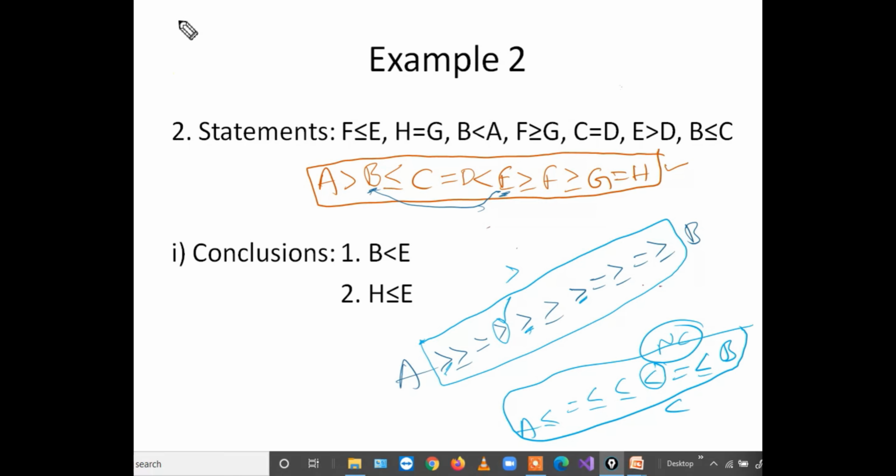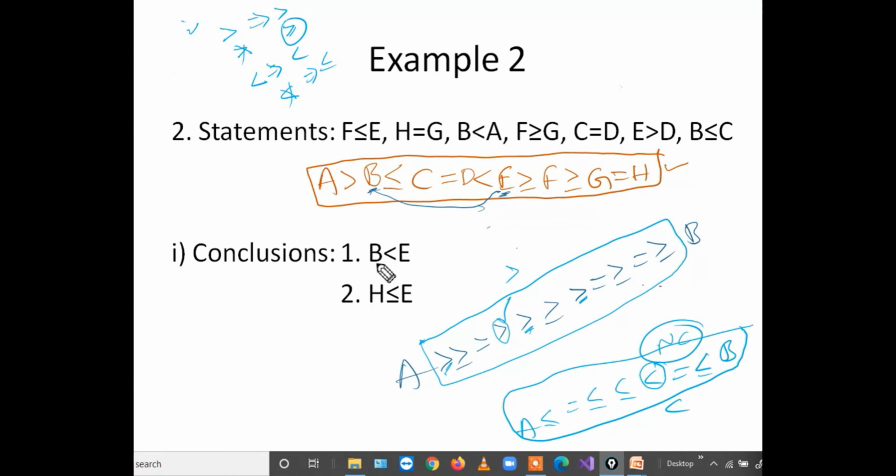If the inequalities are opposite polarity, no combination. If the inequalities are same polarity with at least one greater than, result will be greater than. If there is no greater than, then it will be greater than or equal to. Between the elements, if the inequalities are same polarity with at least one less than, result will be less than. If there is no less than, result will be less than or equal to. Okay, right. At least one less than, total result will be less than. At least one greater than, total result will be greater than. If there is an opposite polarity, no combination.